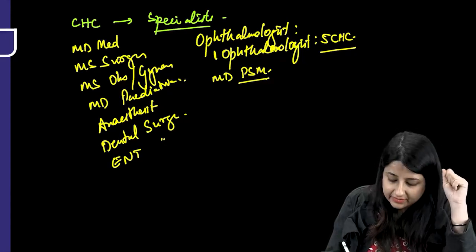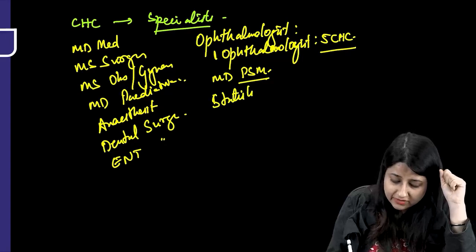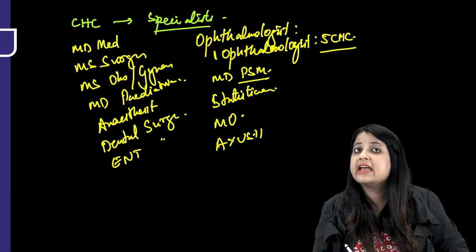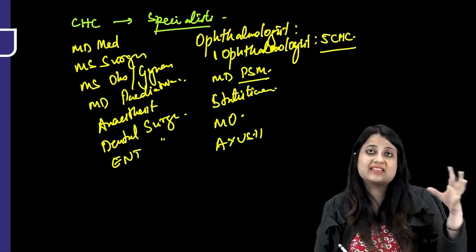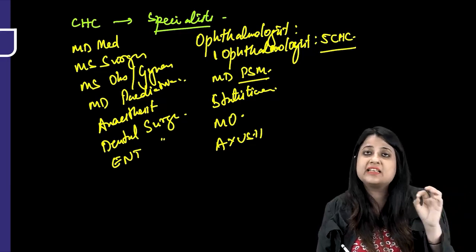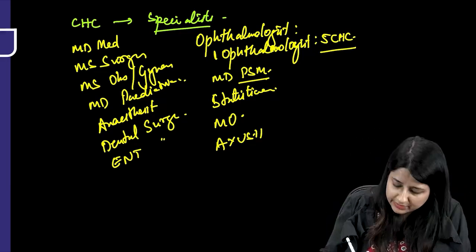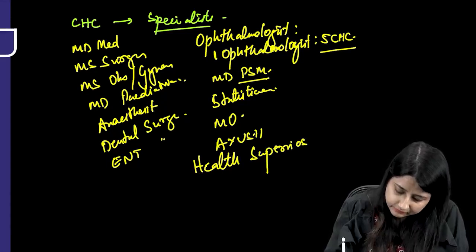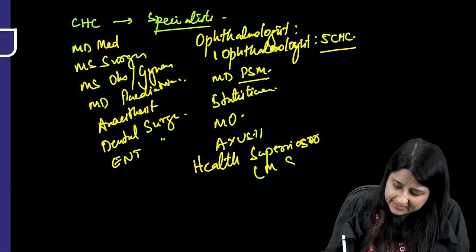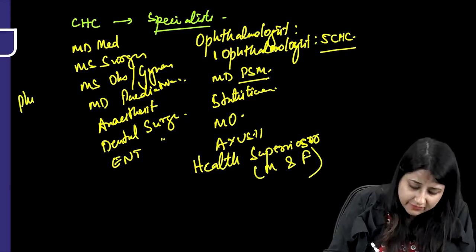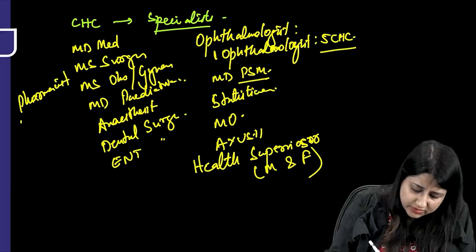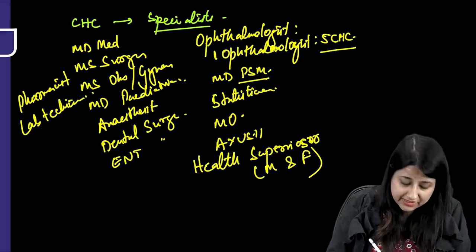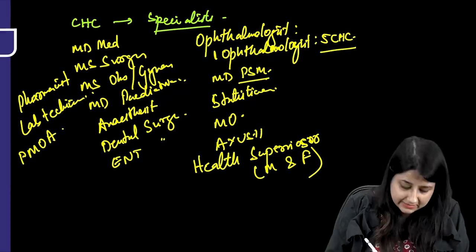Then we also need a statistician who should be posted over here. Other than, of course, medical officer, Ayush, ye sab to rahenge. But what about paramedical worker? Like in a sub-center, you had multi-purpose worker, male, female. In a PHC, health assistant, male, female. What about CHC? We have health supervisor, male and female. Other than that, of course, we have pharmacist, of course, we have lab technician, but someone who came in the exam, which was very, very important, is paramedical ophthalmic assistant,